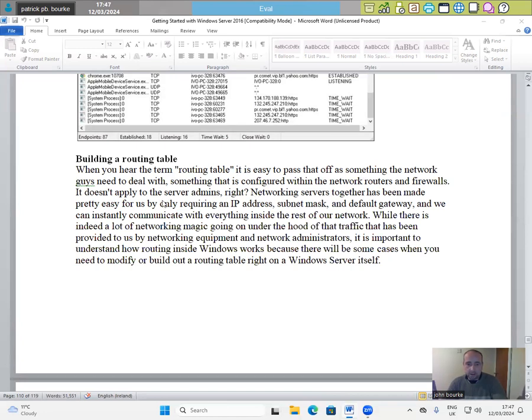Network servers together has been made pretty easy for us by only requiring an IP address, subnet mask, and default gateway, and we can instantly communicate with everything inside the rest of the network. While there is indeed a lot of networking magic going on under the hood of the traffic that has been provided to us by networking equipment and networking administrators, it is important to understand how routing inside Windows works, because there will be some cases when you need to modify or build out a routing table on a Windows server